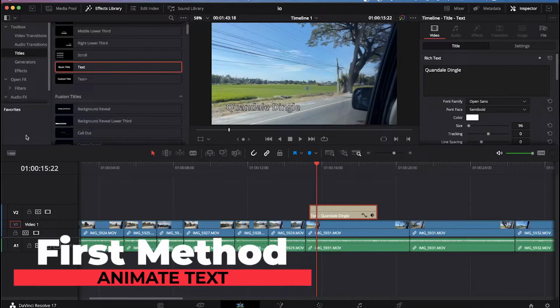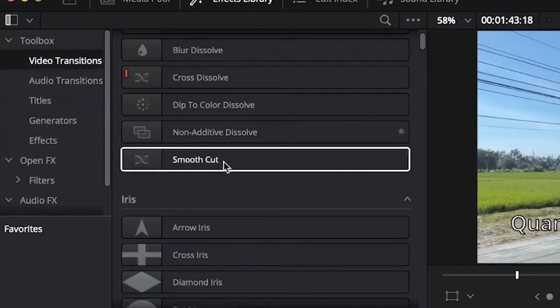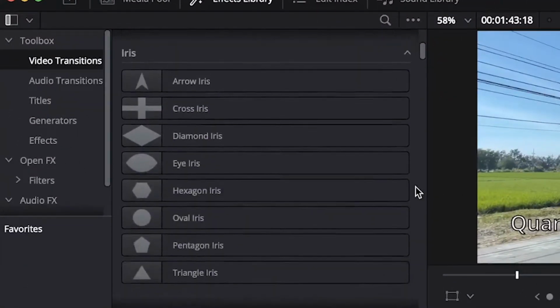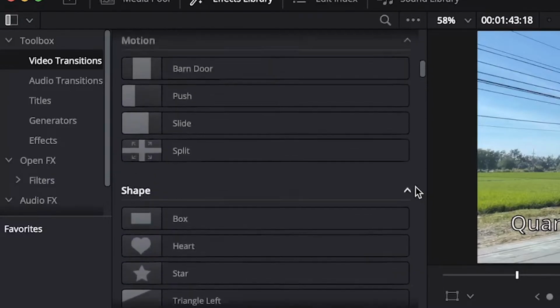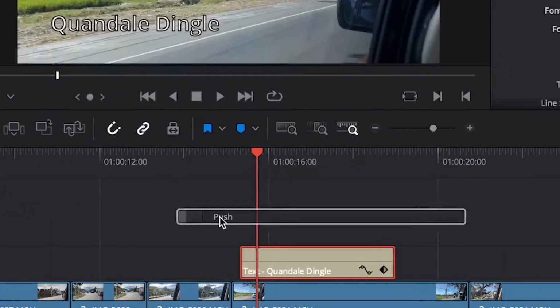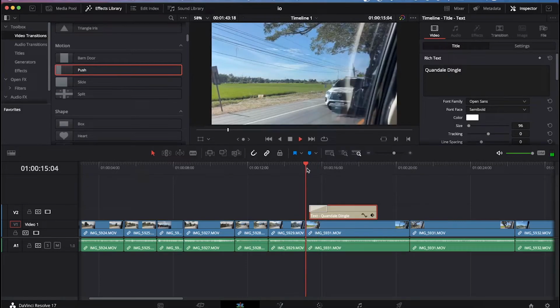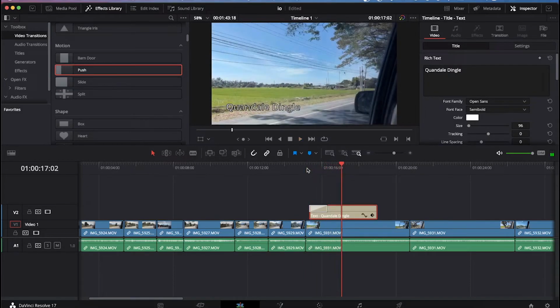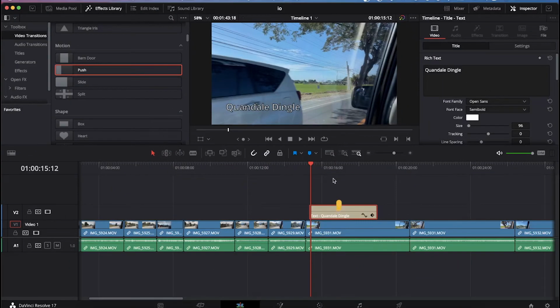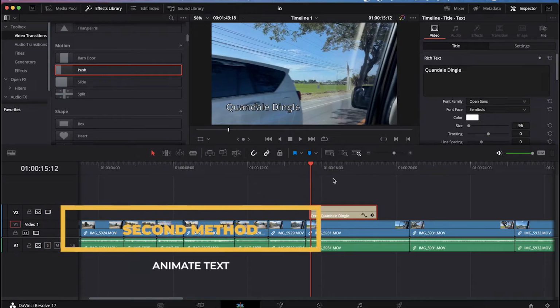The first method is to simply go to Video Transition and pick any transition you like. In this case, I want a push transition. And that's basically it. Now the second method is much more complicated, but it gives you full control of all